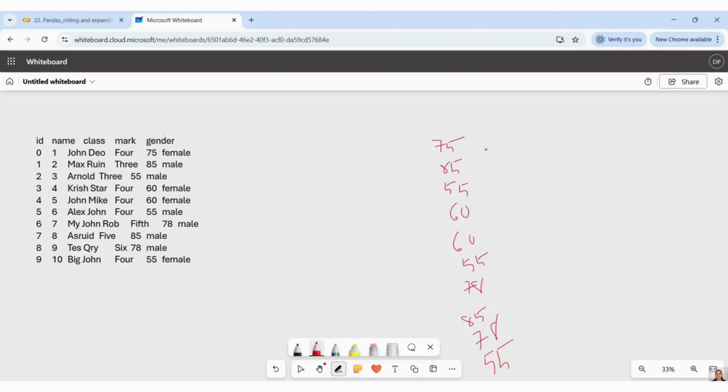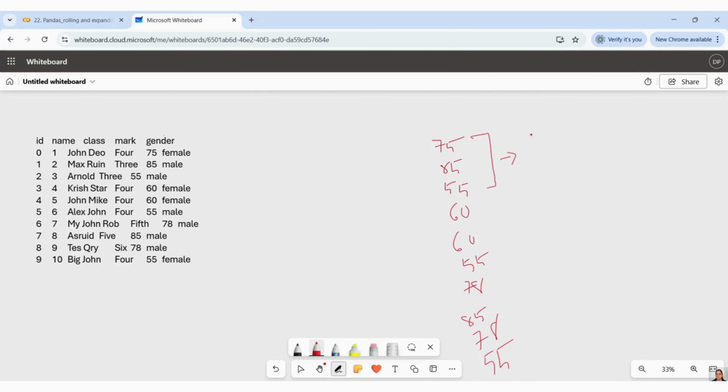So what is happening? First window, this is my first window. So in short, we are calling this a moving average because it's not a stagnant average. Right? We are getting the average and that's it. It is like a moving average. In a particular window, it is moving till the end of the window. Right?